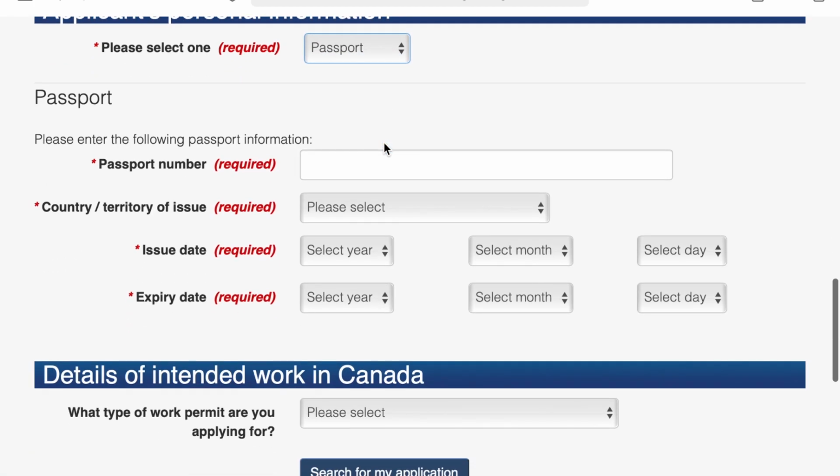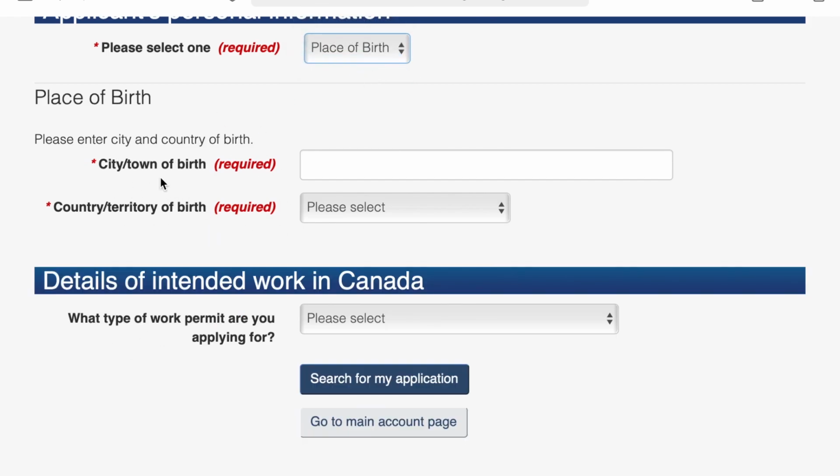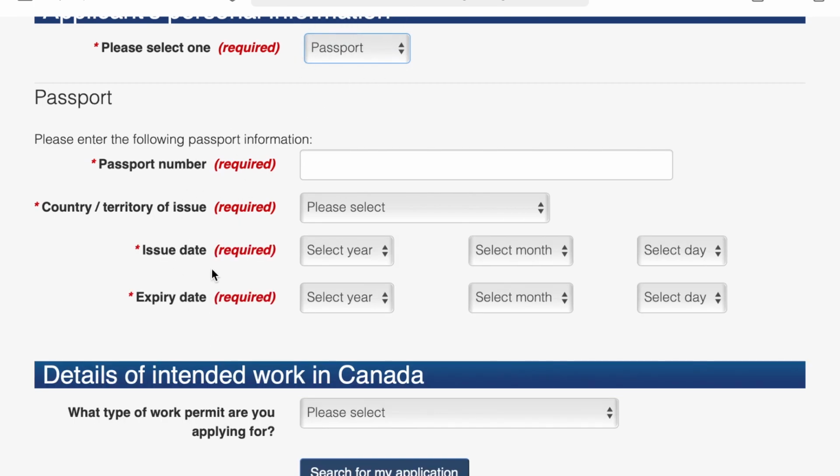So you can select any. Under passport you need to fill these information, and for place of birth you need to fill these two. But I think for city or town of birth you need to fill as it is given in your passport. So I think better to select passport.